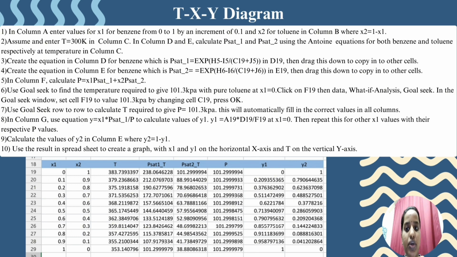In column F, we calculate the value of pressure using x1 P1sat plus x2 P2sat, and we use Goal Seek row by row to calculate the temperature required to give a pressure of 101.3 kilopascal. In column G, we use Raoult's law to calculate the value of y1, and we calculate the value of y2 in column H as 1 minus y1. We use the results in the spreadsheet to plot a graph with x1 and y1 on the horizontal x-axis and temperature